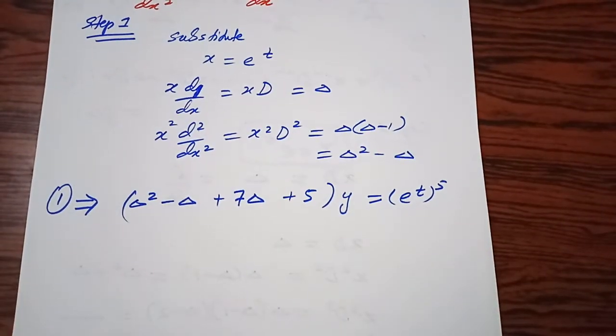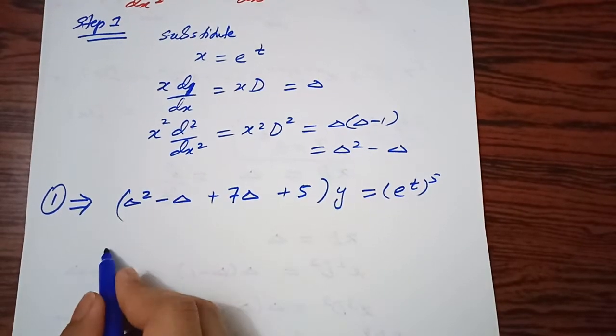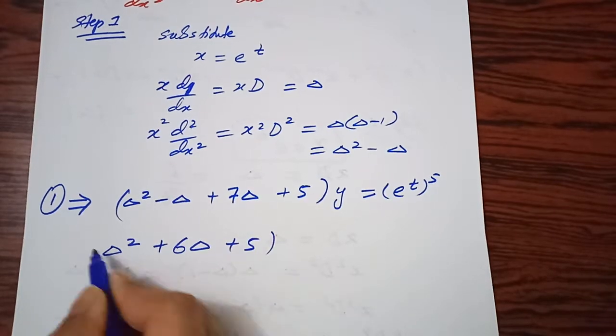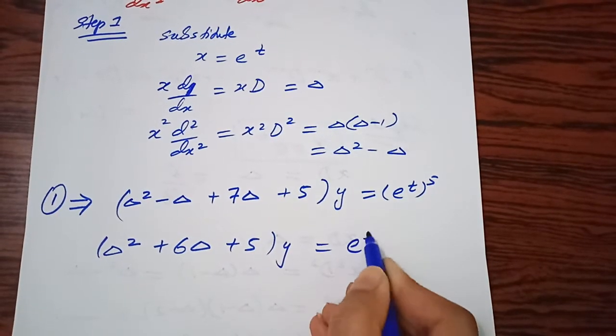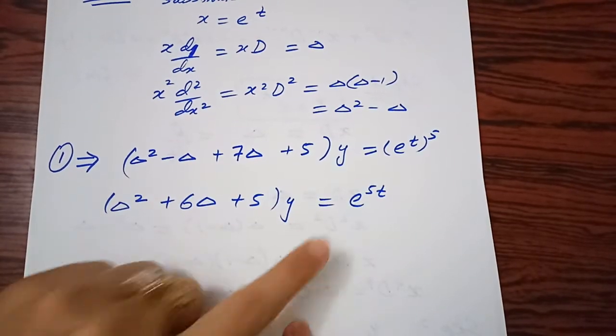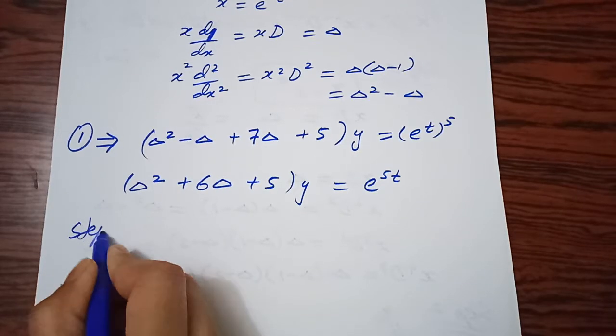Now let's expand it, simplify it. If I simplify it, I'm going to get here D squared plus 6D plus 5 y equals e raised to power 5t. So this is our ODE now, a non-homogeneous differential equation. So our second step is going to be